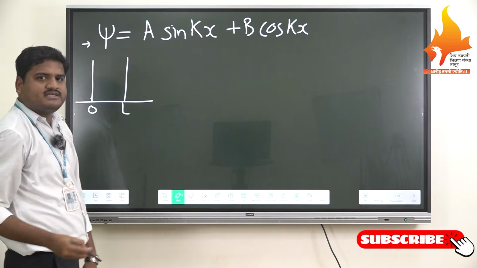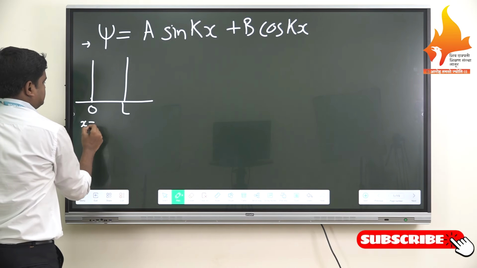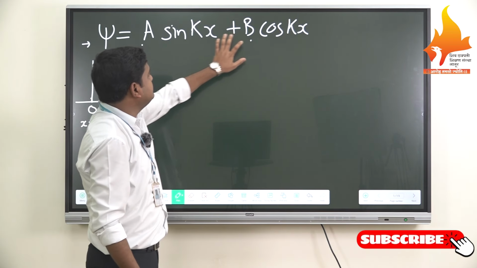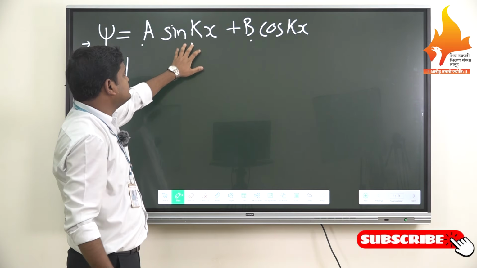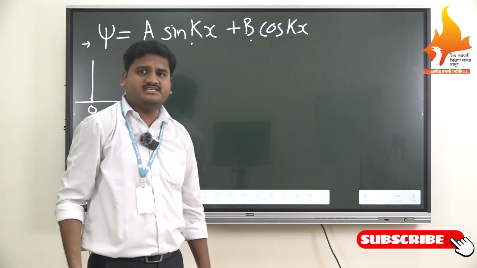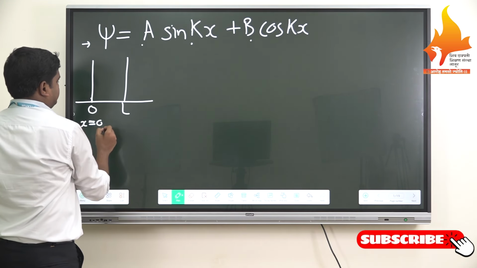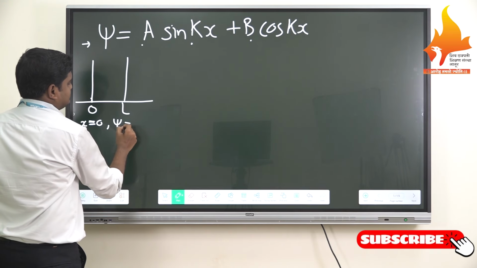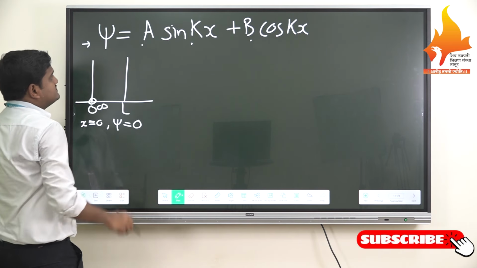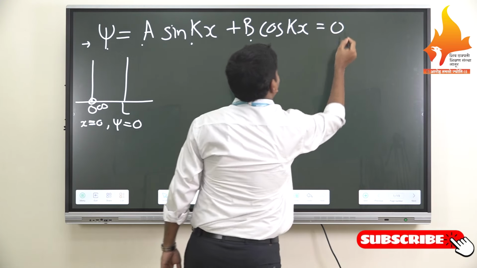So now we consider the particle at a boundary condition, that is x is equal to 0. We have to find the constant a, constant b and constant k inside the equation. Then we can verify the Schrodinger equation and find the value of the energy E. So we take x is equal to 0. Here if x is equal to 0, then psi is equal to 0, as the potential at this point is infinite. So this equation is equal to 0.